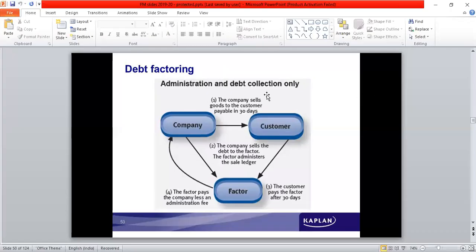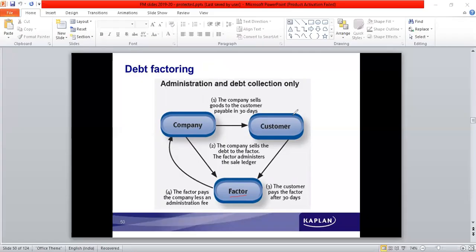In case of a factoring service, after the company sells the goods to the customer, the invoices are sent to the factor. So now the factor is a third party who's present there. Sales do not happen only at one particular point of time, they happen continuously. Every single day sales happen. So as and when sales happen and they sell goods, these invoices are collected and sent to the factor.